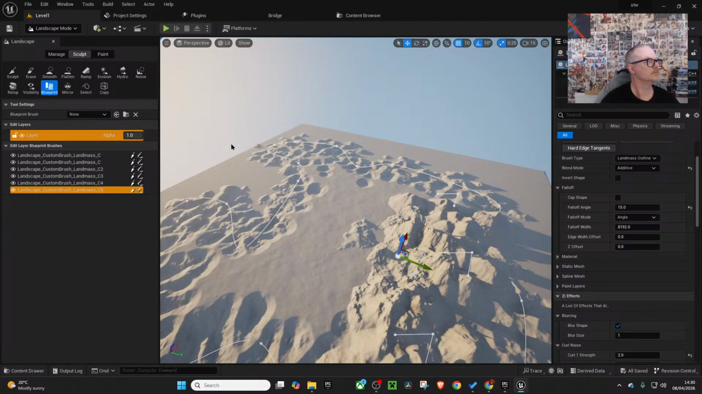So head over to the Unreal Engine Marketplace, so open up the Epic Games Launcher and search for the landscape auto material, and you want to filter